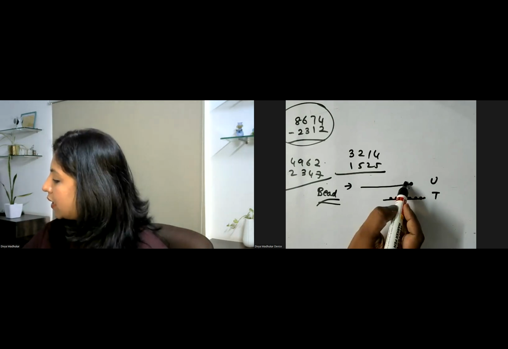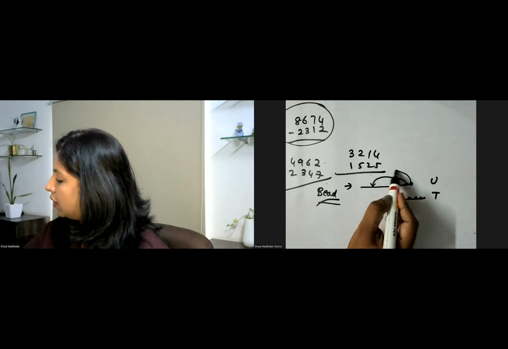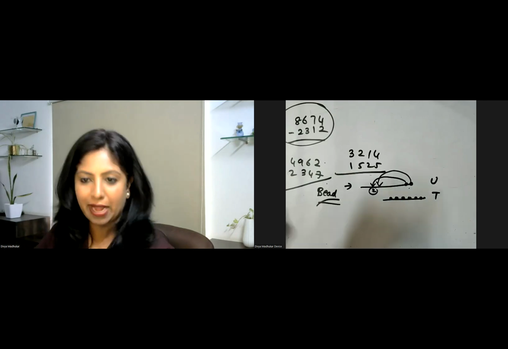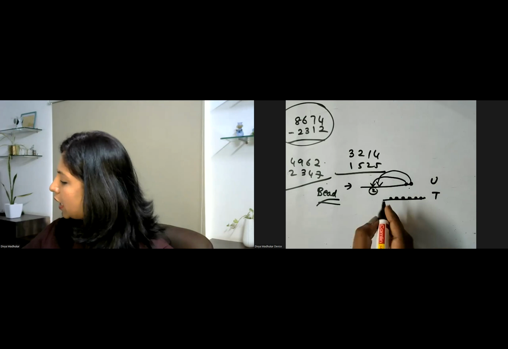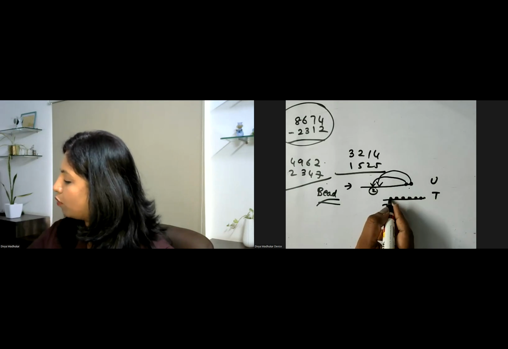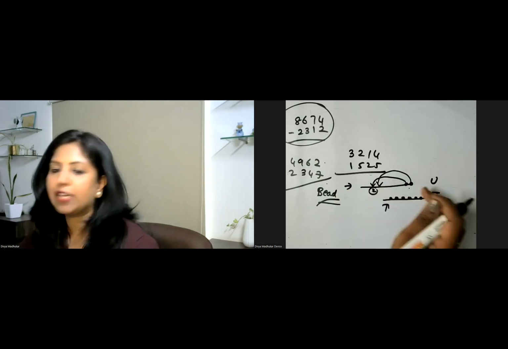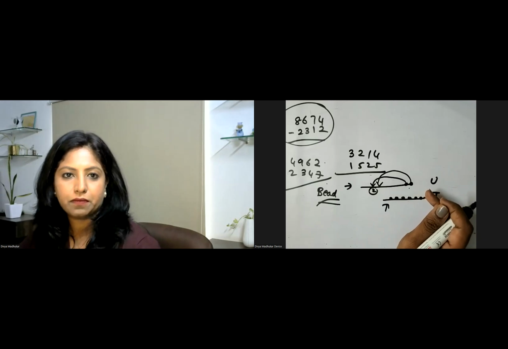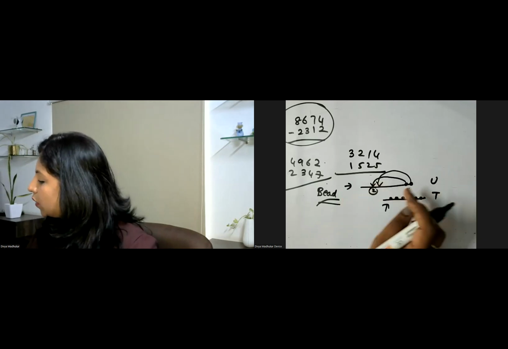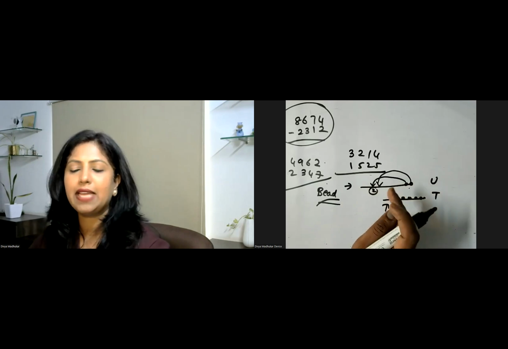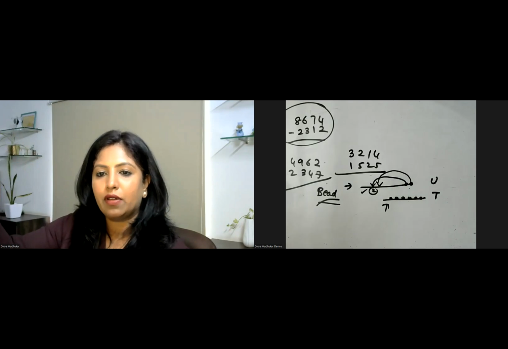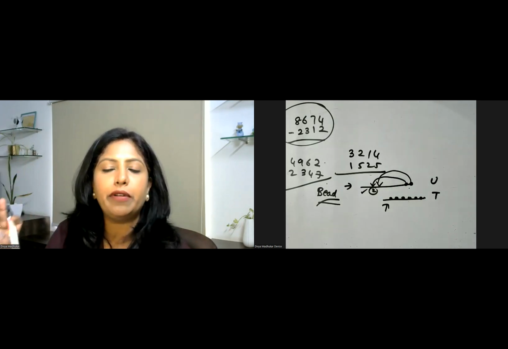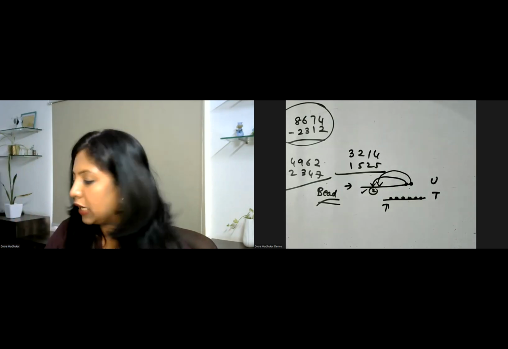So what do I do? I start counting. So I start moving. 1, 2. Already 2 has come back here. But I still do not have 3, 4, 5, 6, 7. So I need 5 more. That is when I go for an exchange of this. When I move this, I have to move all the beads on the other side. Okay, so when we do this particular exchange, it becomes easy. And from there, since we already had a count of 2, you start with your 3, 4, 5, 6, 7. And what remains is what you're going to find out. Okay, let's see that in our bead frame.